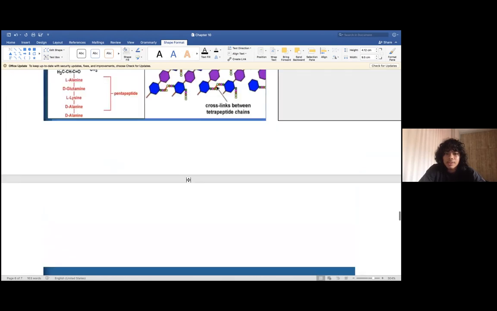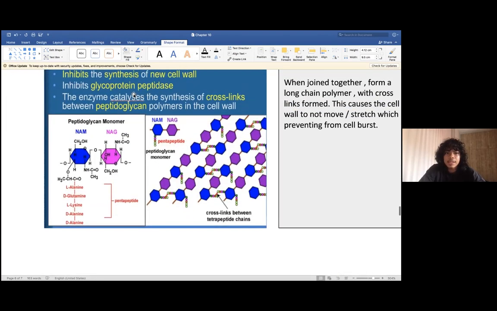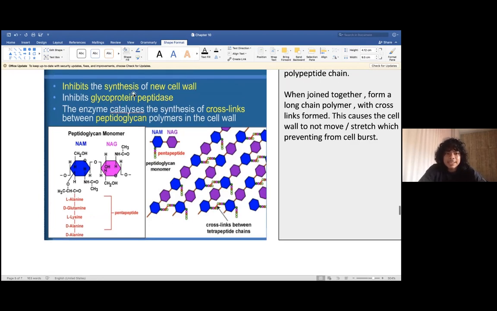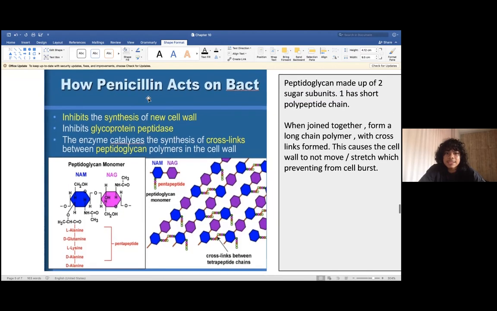When penicillin inhibits the synthesis of a new cell wall, it inhibits the enzyme peptidase. Oh, I forgot to mention this. As we know, the enzyme catalyzes the synthesis of crosslinks between peptidoglycan. So this crosslink is catalyzed by the enzyme peptidase. Once penicillin acts on the peptidase,